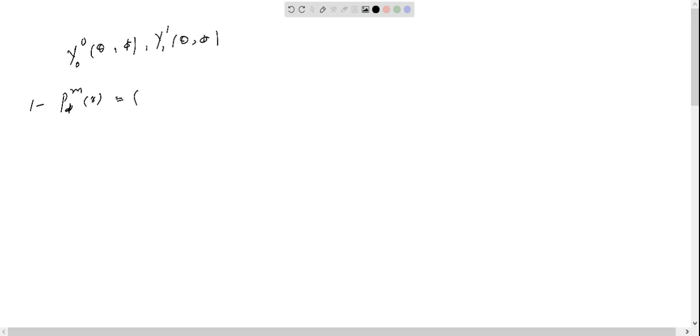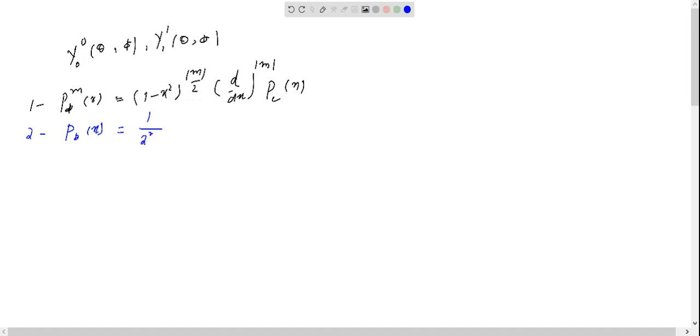The first function is (1 minus x square) raised to mod of m divided by 2, into d out of dx to the power mod of m, P_l into n, and the second function is P_l(x) equal to 1 out of 2^n n factorial, into d out of dx to the power n, of (x square minus 1) to the power n, and the third